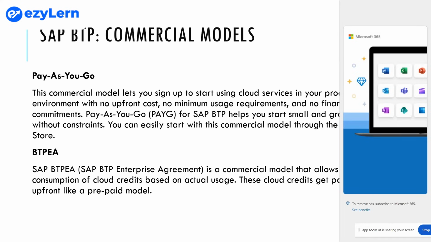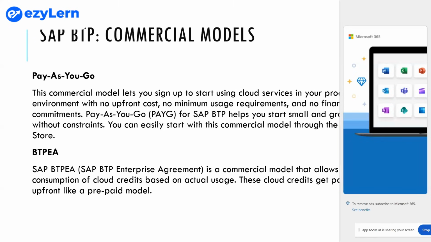what does this mean? Pay as you go for SAP BTP will allow you to build applications in your production environment and pay only for what you use. So you can start small or build productive apps and convert to the SAP BTP enterprise agreement once you have achieved predictable usage. So you are responding quickly to changing business needs with confidence by delivering productive applications and scaling them fast. This can happen.